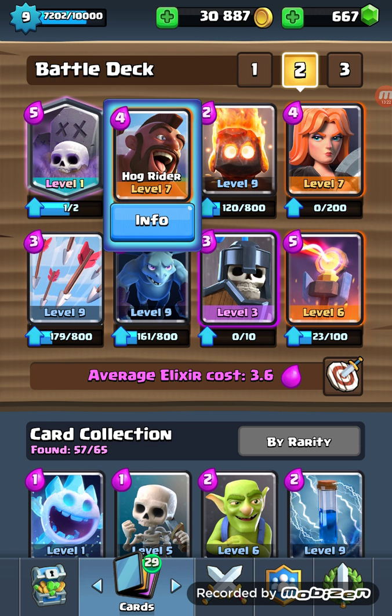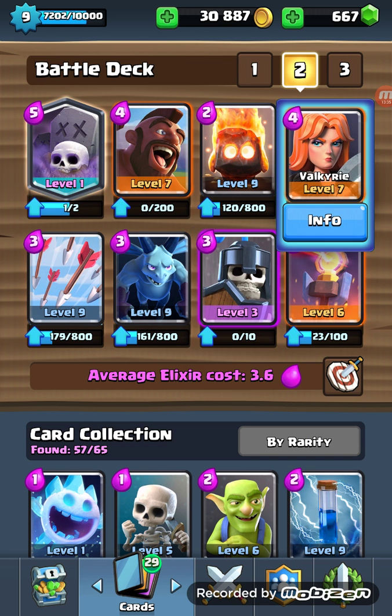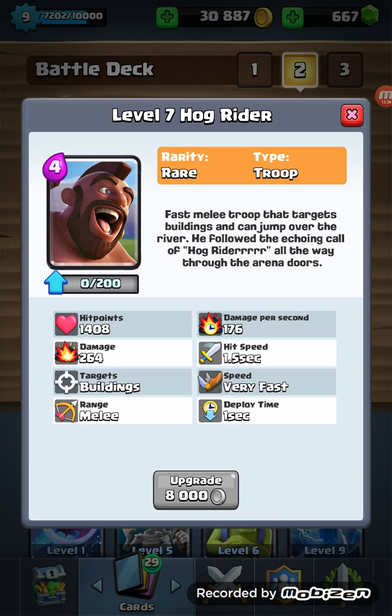Say a mini P.E.K.K.A. is going towards my tower, and I have 3 more seconds till I win. But that mini P.E.K.K.A. can one-shot my tower, so that's when you drop a Hog. Just saying, if you don't have guards or Valkyrie and minions, not gonna do it. Fire Spirit, not gonna do it. So now you have to drop the Hog. It will survive about